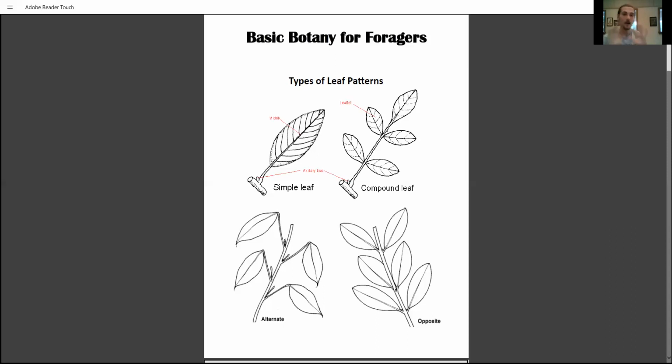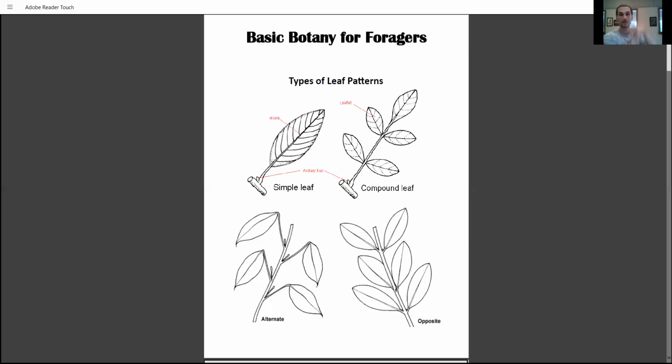It doesn't matter how crazy and complex the leaf looks. If it is a single leaf that connects to a branch, and most importantly, you will note where the leaf stem and the branch connect, there is a bud. Here it's defined as an auxiliary bud. The word auxiliary is just referring to the fact that it is not the bud at the very tip of the branch where the newest growth is occurring. This is somewhere lower on the branch, and there will be a little bud and there will be a leaf